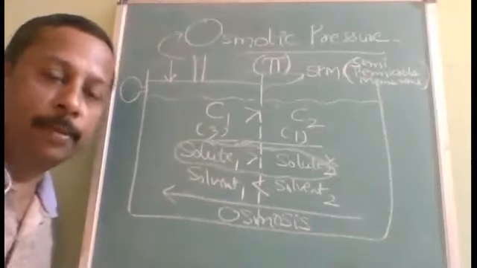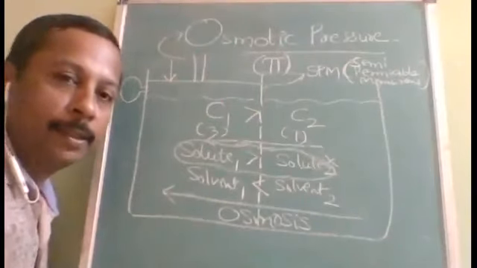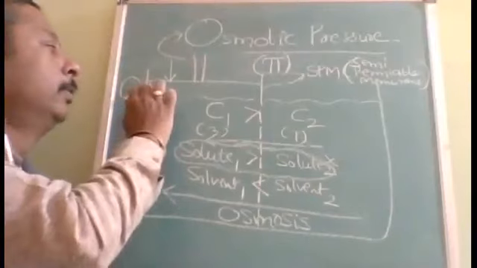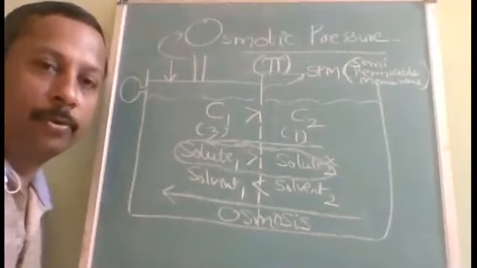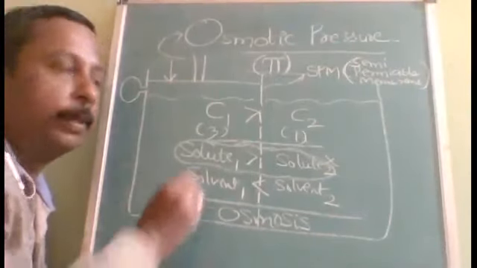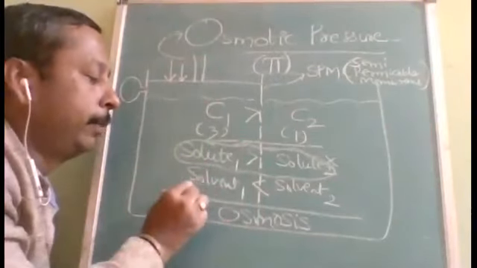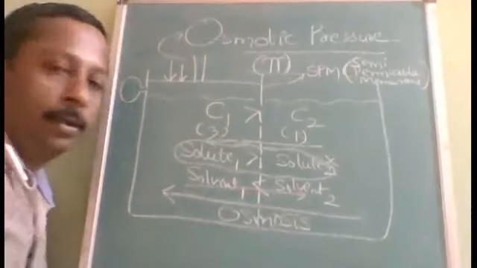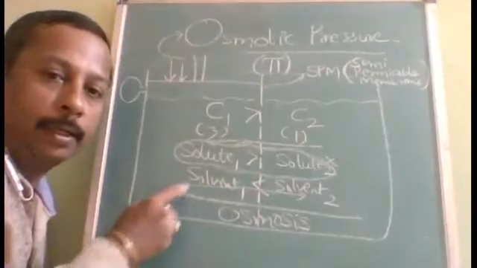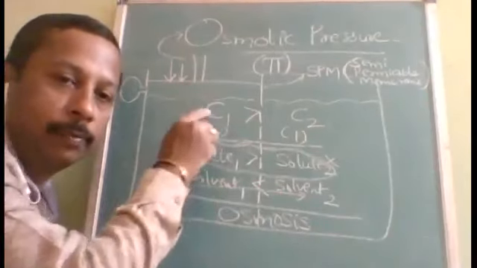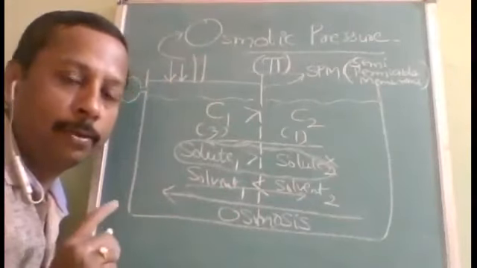Okay. Now, some people are very crazy, they will ask, sir, what happens if I still apply pressure? That type of idea came, and it gave one good news also. After stopping, if I still apply pressure, then the liquid will flow from here to here. Now you will say, sir, you told only this from here to here. This is spontaneous, this is non-spontaneous, external force we are applying. Even that time, only solvent will flow, not solute.